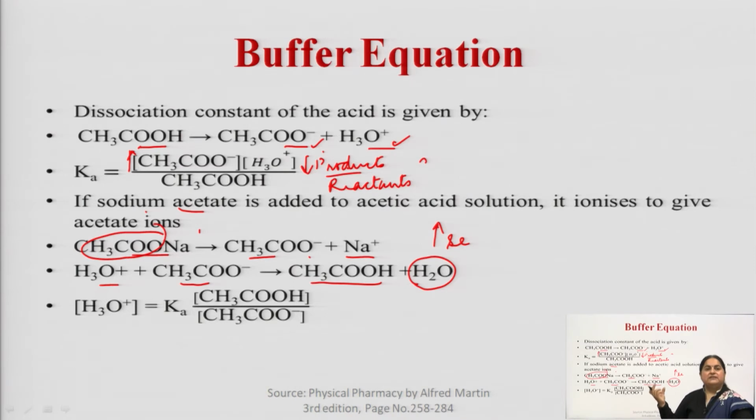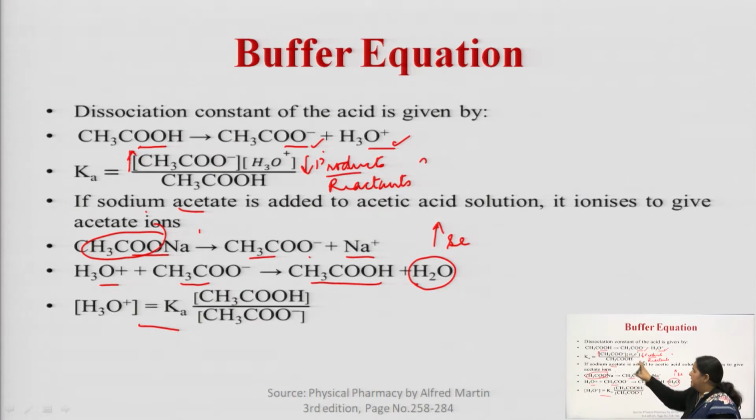So, when you have a weak acid and you add its corresponding salt, both of them have an ion common in them. Due to the common ion effect, the dissociation of the weak acid is hindered, it will decrease, and the constant in your equation will be maintained as it is. So, hydronium ion is equal to Ka times acetic acid upon acetate,